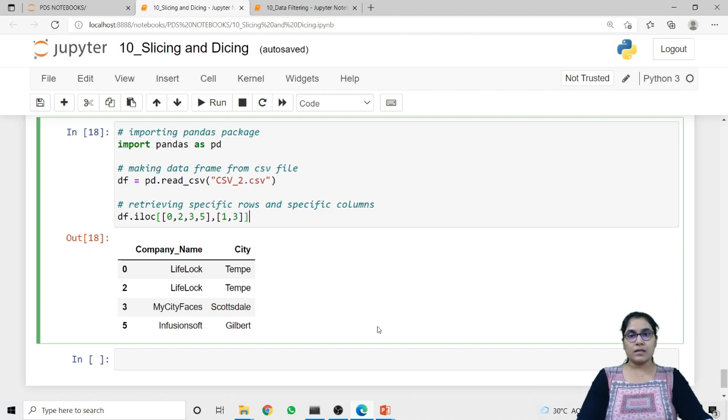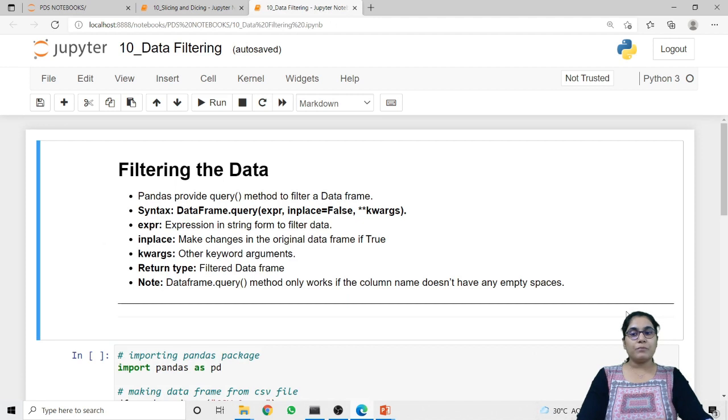Now next we are going to discuss how we can perform filtering on our data. So in Pandas there is a query method which is used to filter our data from the data frame. The syntax of this query method is dataframe.query, in which we have three parameters: expression, inplace and kwargs.